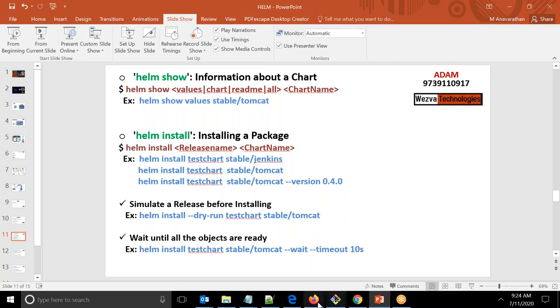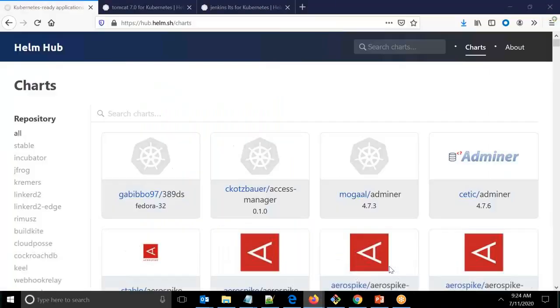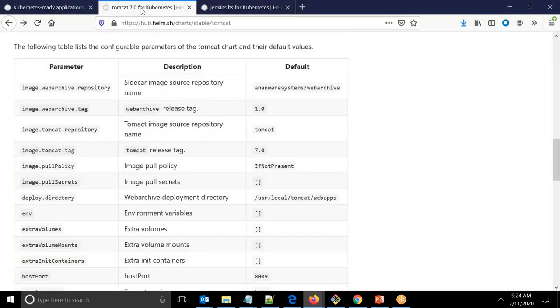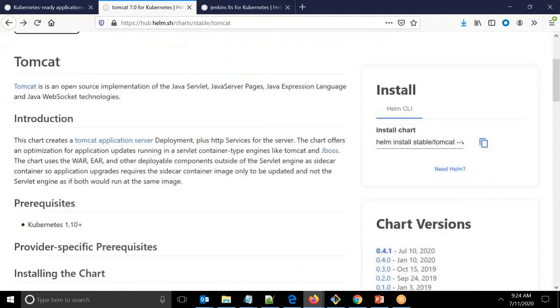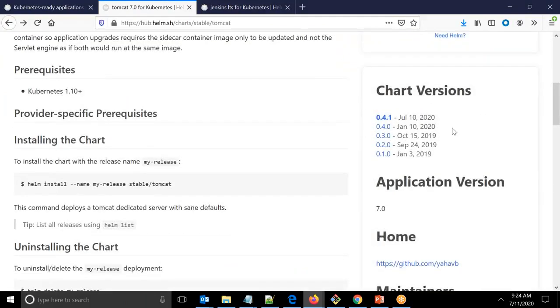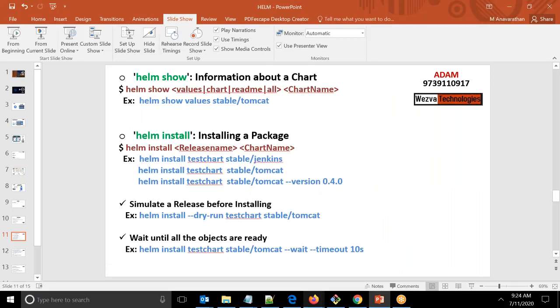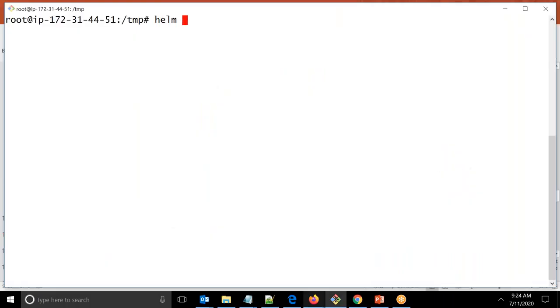So if you now go back to any of the charts, let's say this is the chart which we had, or the Tomcat that we were using. Over here, you can see there are various charts available. Based on this, whichever chart or version you want, you're going to use them. Now ideally, watch this. If I go back and just say helm install test-tomcat stable/tomcat,